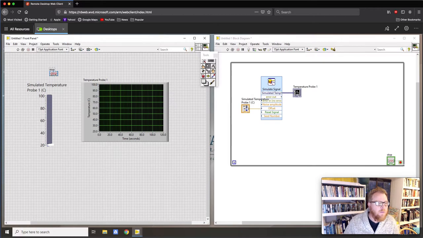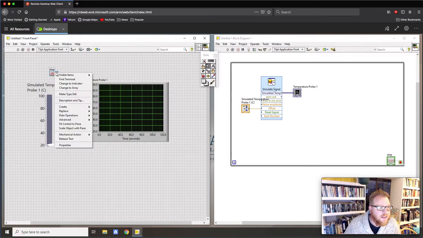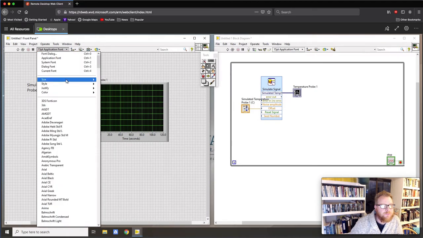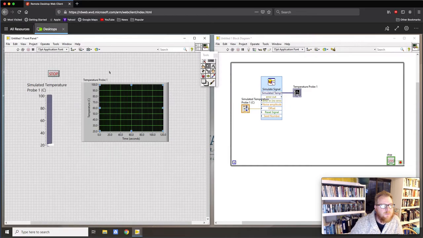And on these stop buttons, I like to right click there and say visible items and turn off the label. I don't need it to say stop twice. And so I'm also gonna make this bigger. That's nice, okay. So I should, in principle, now be able to run this and simulate temperature as if I